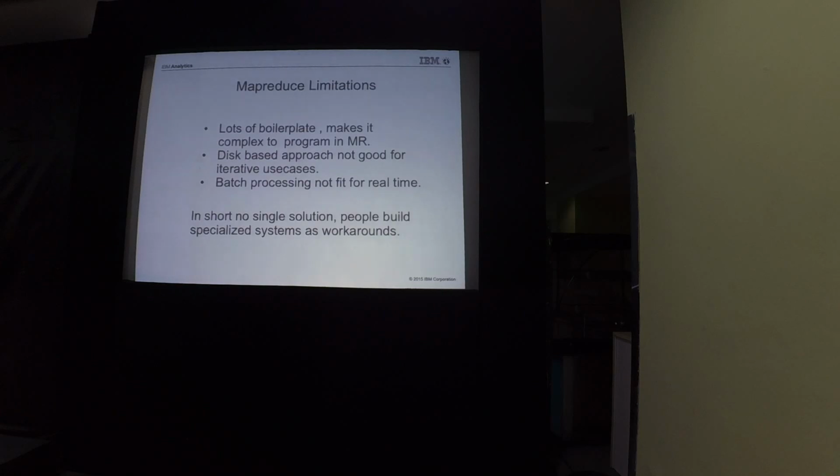The second one, disk-based approach, is not good for iterative use cases. So MapReduce, let's say you have a task. You run a map task, what does it do? It takes some input, does some processing, and writes to an output disk, right? In the case of iterative processing, if every time you write to a disk, it's going to be